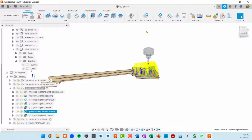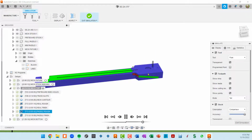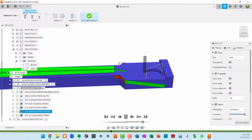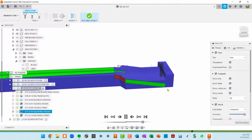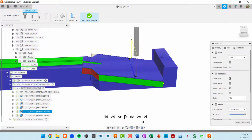So now let's simulate this, and you'll see that the toolpath is going to bore down with this helical approach. And now it's roughing. I think I've got a 3/8 inch as my maximum step down, so that's going to create 3 different roughing passes. So this is on the 3rd pass right now. And you can see it's got this series of step downs to rough out this paddle area at its 10-degree